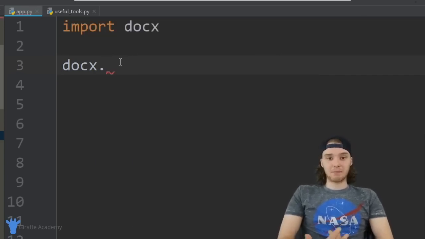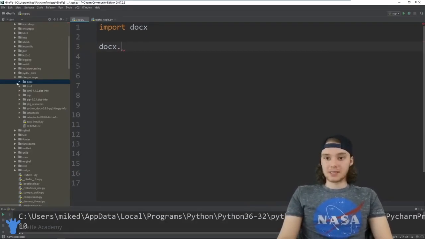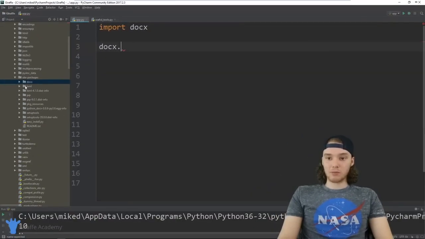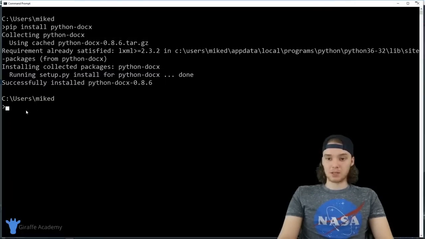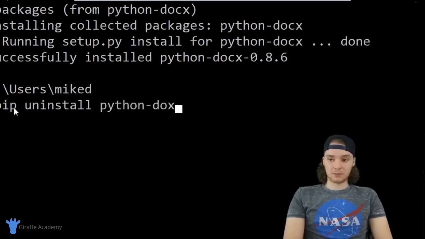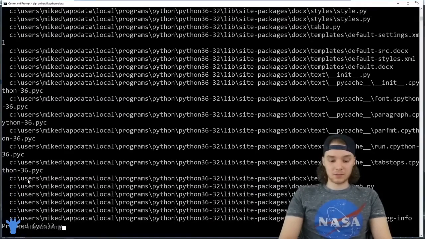And obviously, depending on the Python module you install, there's going to be different instructions. But you can see it got stored down here in this site packages folder. If I wanted to remove this, I could use pip to do it. So I could just say pip uninstall, and we could just again say the module name, so python-docx,